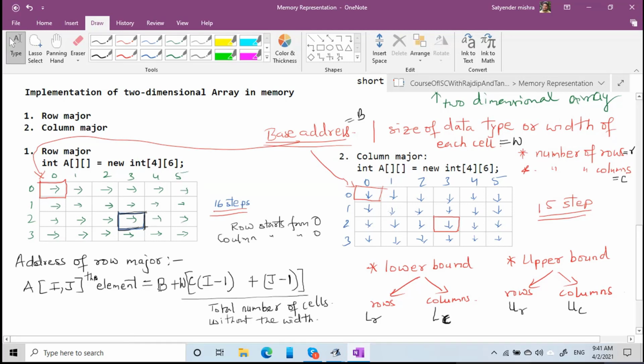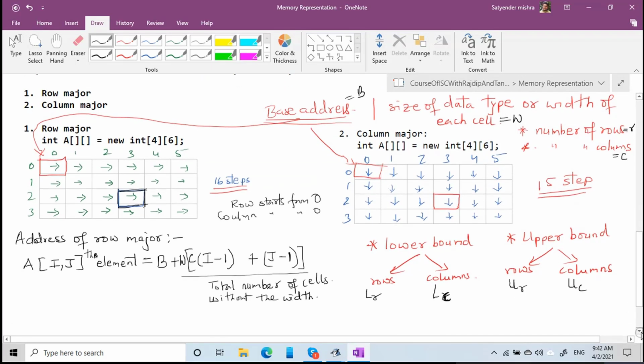So if you supply the base address, and if we are using row major, then we can use this formula, right? And this formula will work in programming languages like C, C++, Java. It will work with Python, JavaScript, right? This formula is very common, because most languages use row major. But you can change the algorithm. You can use column major for your own advantage.